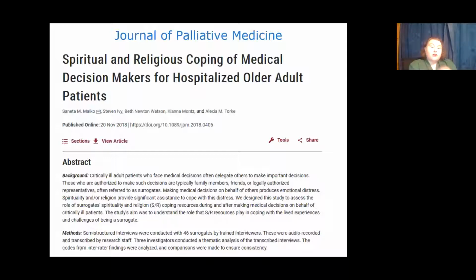So here we've got semi-structured interviews with 46, what they describe as surrogates. So these are people who are authorized to make decisions on behalf of critically ill patients. So we know that these are individuals who may be involved in caring for those. So again, there may be additional challenges in supporting this group, but it's a substantial sample size for anyone doing qualitative